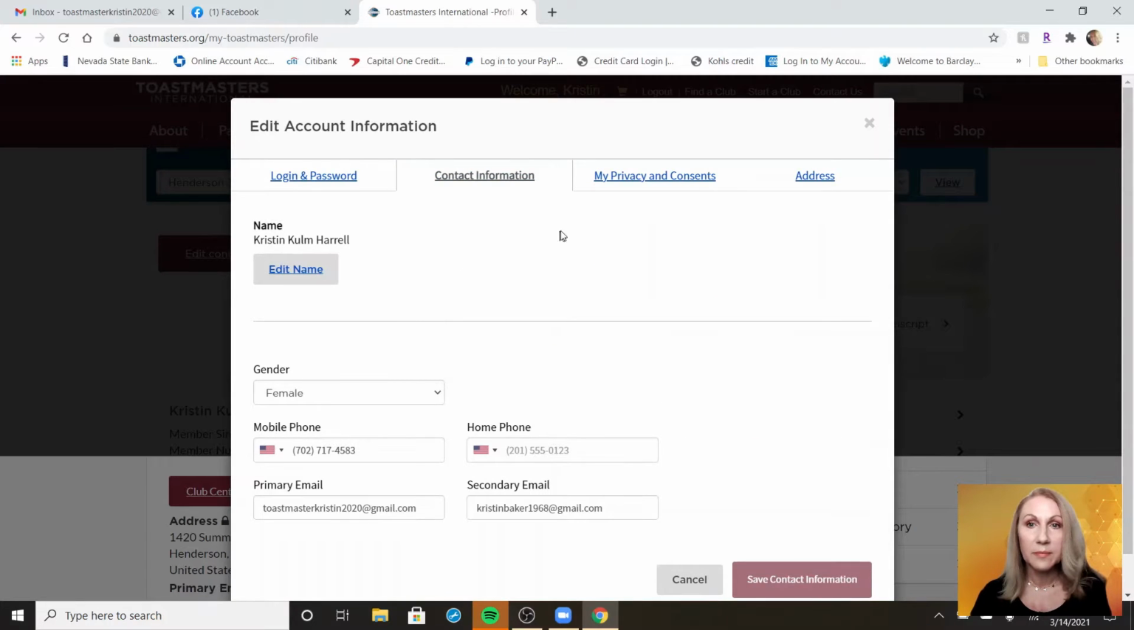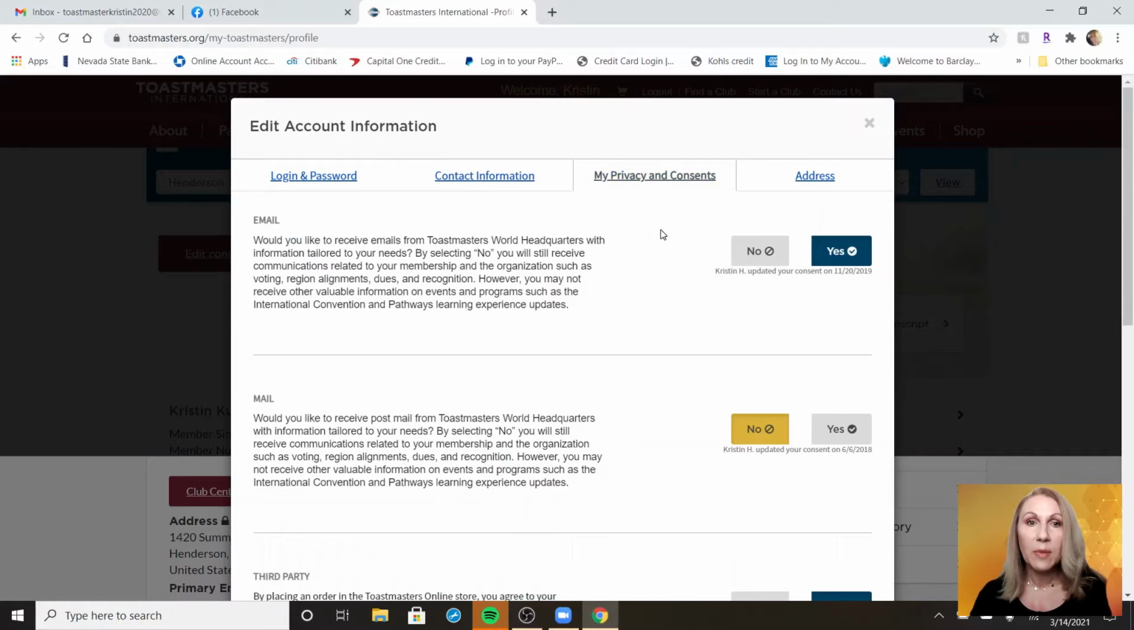The other thing that I want to show you that's in here is if you have opted out of certain things, they will be over here in privacy and consent. If you've opted out of emails, you might not be receiving some of the important information, especially about the upcoming virtual conference and other things going on with Toastmasters. You'll want to go here to My Privacy and Consents and opt back in